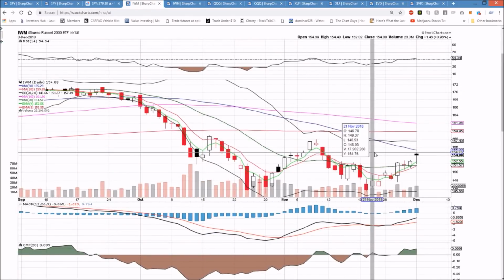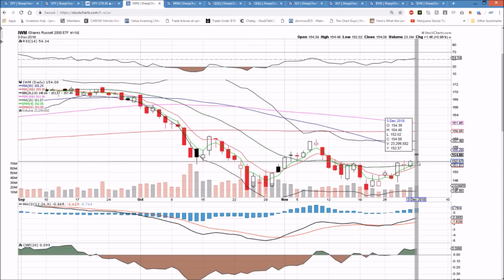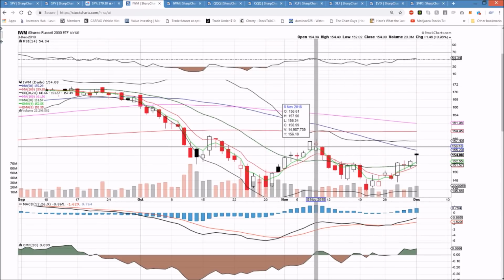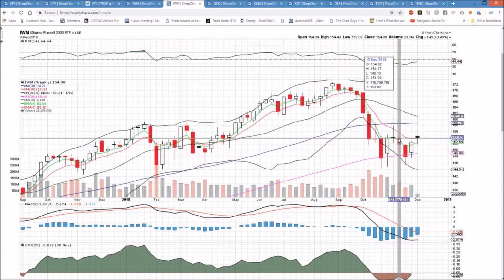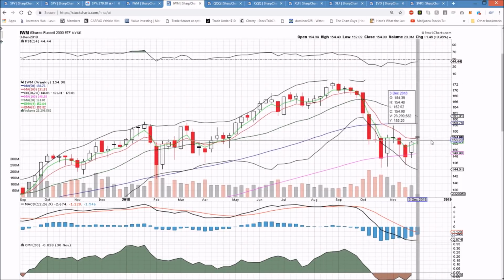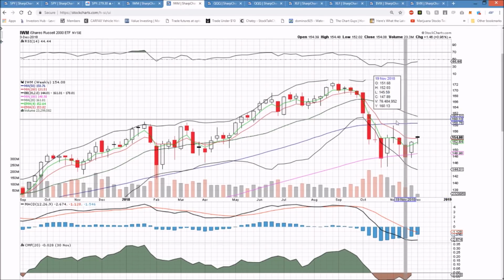IWM on the daily chart, same deal. Bulls found that support level. Watch the low of consolidation as a key level tomorrow. Resistance 154.48, followed by the most important level of 157.90. After it, weekly time frame, nowhere near breaking that resistance level at this point, so remaining in this tightening weekly pattern into the end of the year, into the new year, is more than likely the scenario that we're going